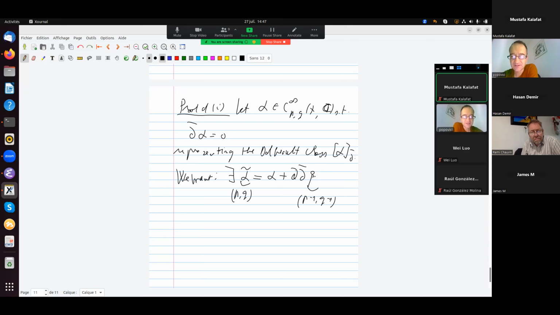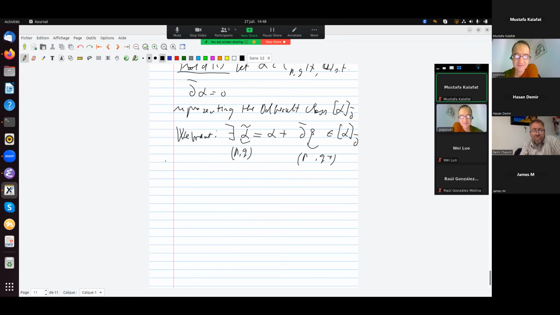In other words, we want a beta to exist such that, sorry, what am I saying here? We're in the Dolbeault cohomology, so it goes by D bar, sorry. So beta will be of type P, Q minus 1. Right? The Dolbeault cohomology is the kernel of D bar, quotiented out by the image of D bar. Right, so if we don't want to change the cohomology class, we can only add D bar of something, so D bar of some beta. So this one will live in the same Dolbeault cohomology class of alpha. So we want to be able to find an alpha twiddle, in other words, a beta, such that